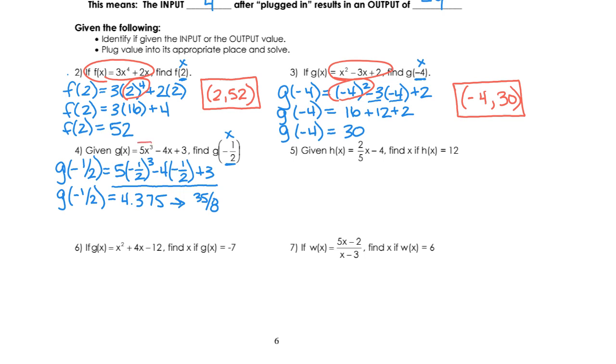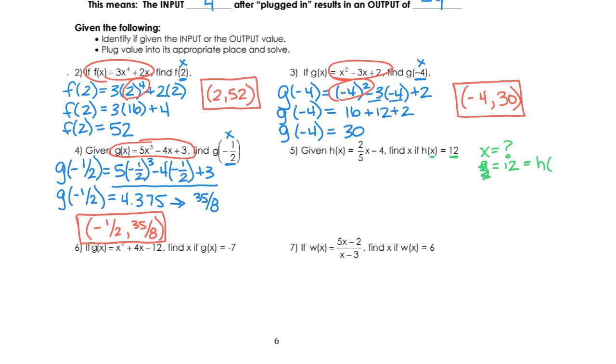Okay, therefore, if we were to graph this equation in our calculator, the point negative 1/2, which is your x value, comma 35/8, or that decimal of 4.375, would be on this graph. Okay, number 5. It says, given h of x equals 2/5 x minus 4, find x if h of x equals 12. So everybody see this one's a little bit different. There's no number inside the parentheses, which means our x value is missing. However, they did give us 12, therefore process of elimination, if they didn't give us our x, they must have given us our y. And so we also have to remember that y equals 12